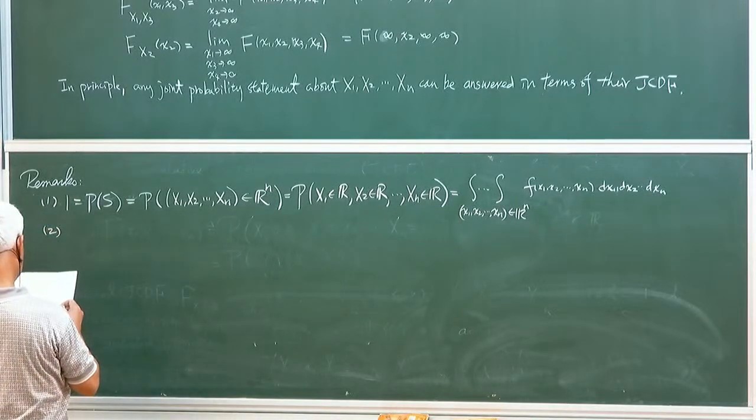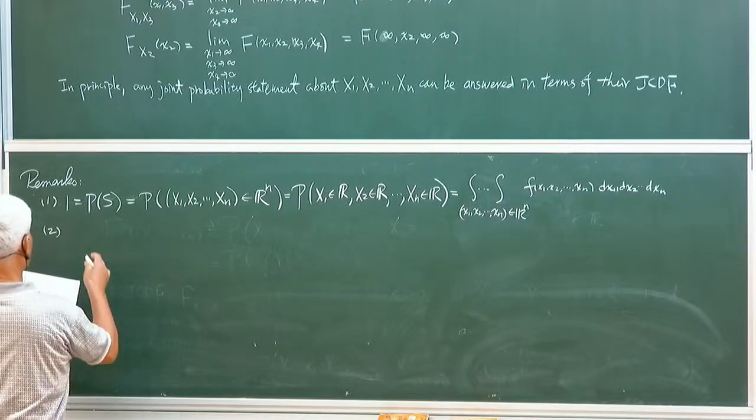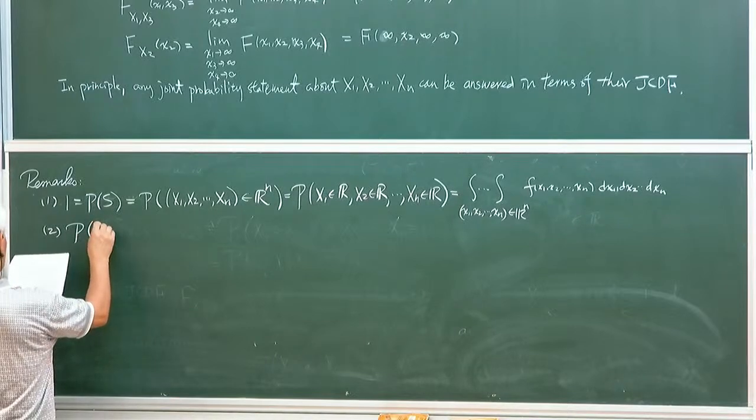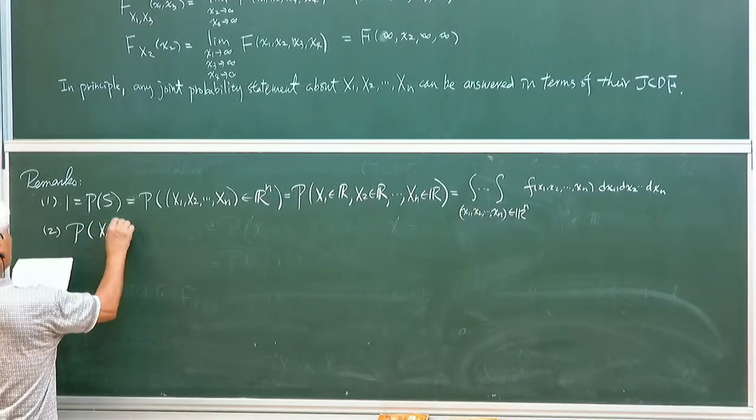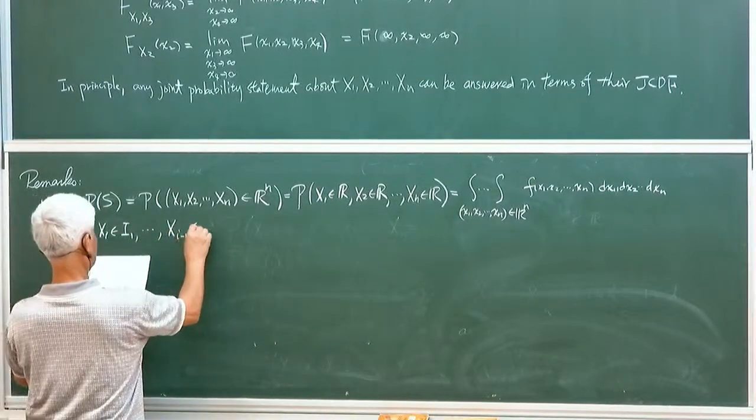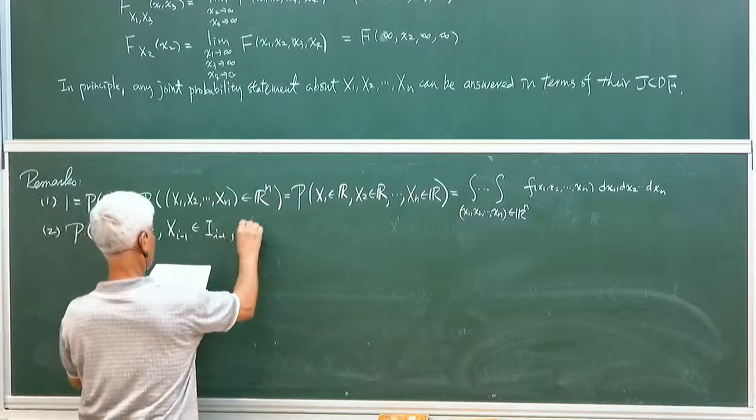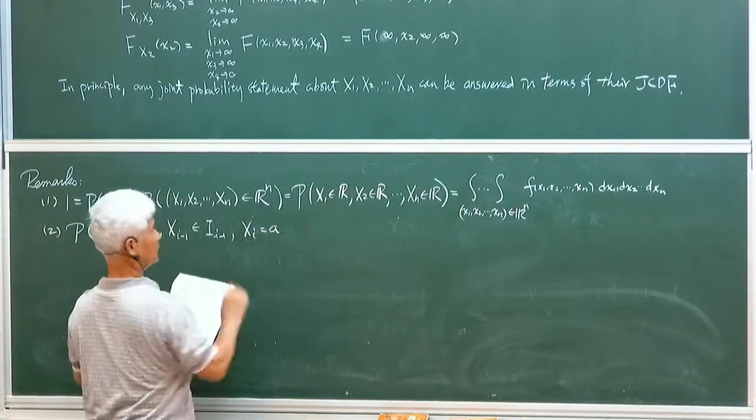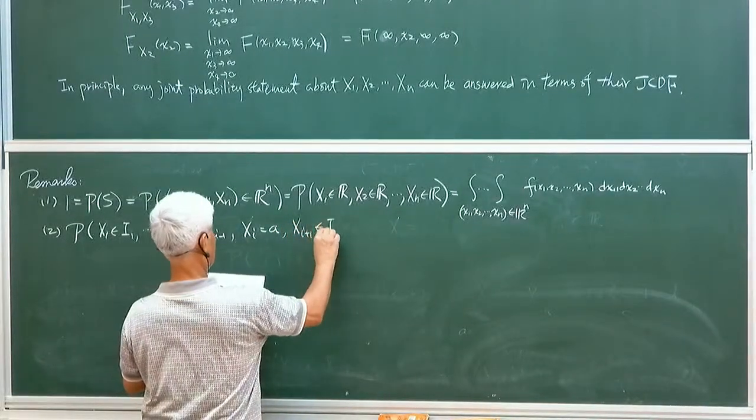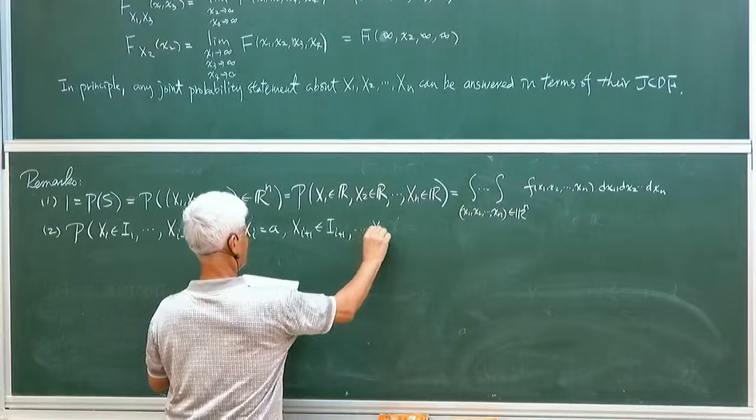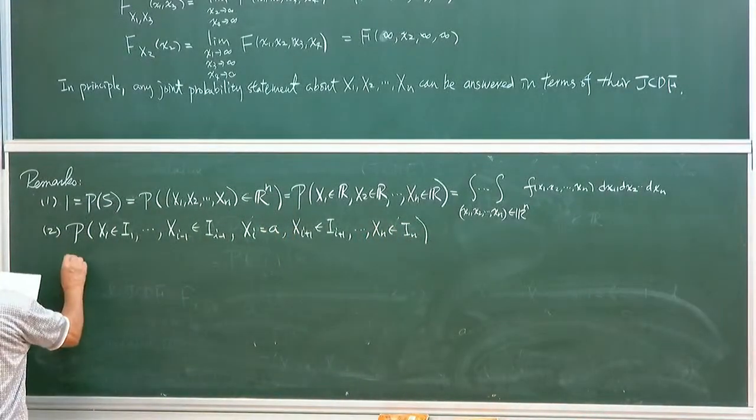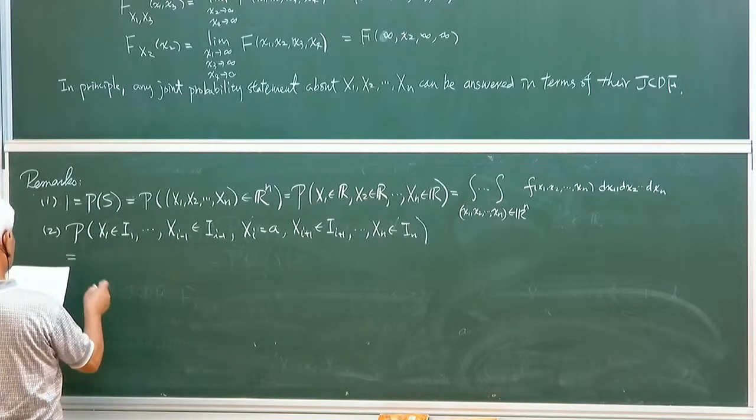The second thing is that x1 is in I1, xi is equal to a specific value, and xi plus 1 in I. Right? So this probability, by definition, is that